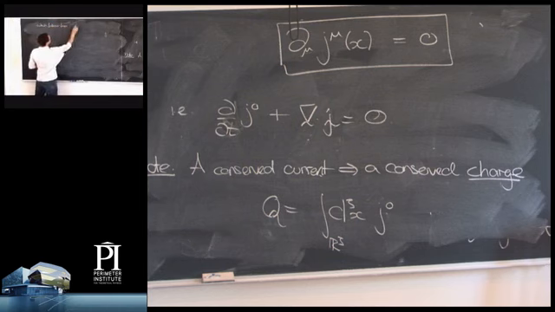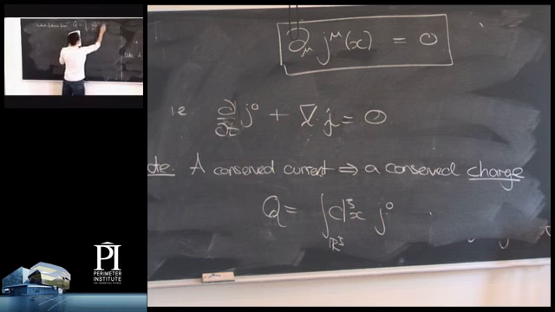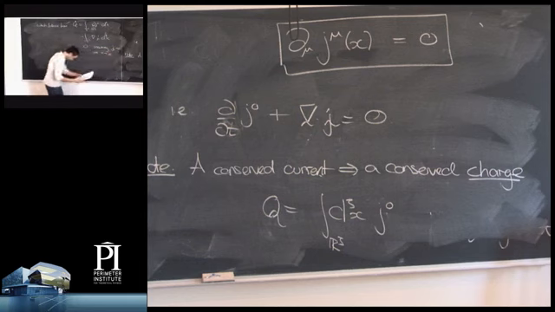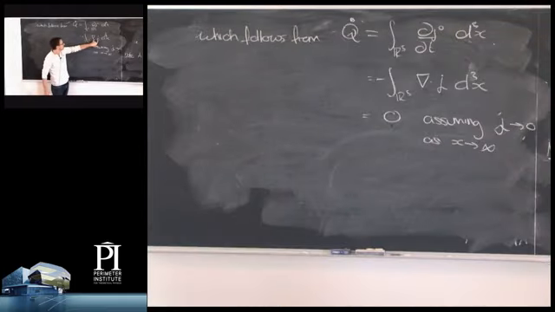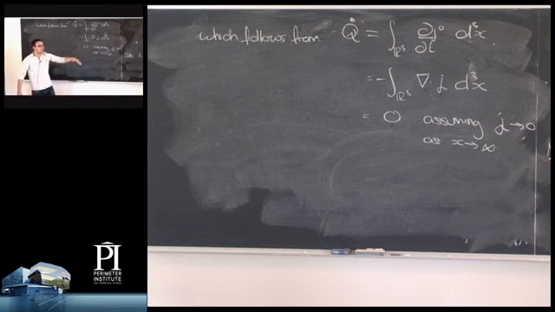So to see that this is true, let's just do the obvious thing and take the time derivative. Okay, we take the time derivative, we use the current equation to replace the time derivative of j with the spatial derivative of j, but this is now just a total derivative. So as long as there's nothing escaping at the boundary,